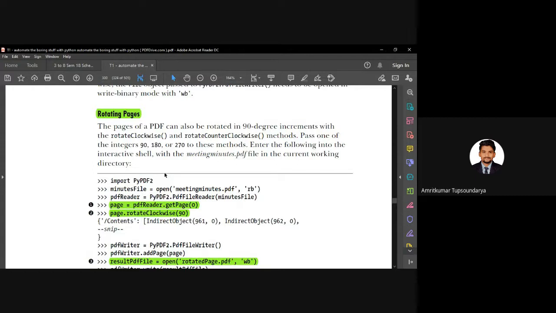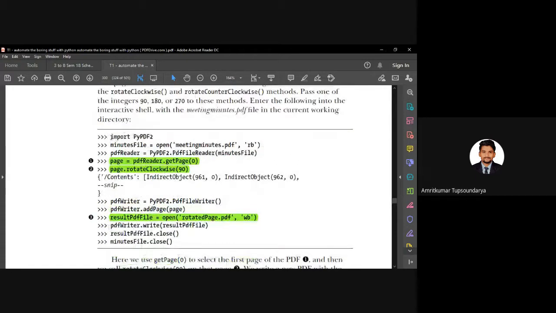First things first, again, let me repeat it. Import PyPDF2, create the file object, that is minute file, open the minute meetings PDF in the rb mode, which is read-only binary, and then we are going to create the object PDF reader, which will help us to read the pages.